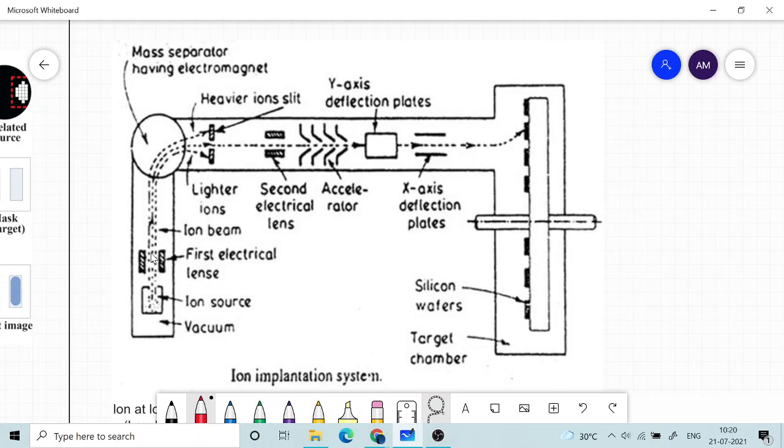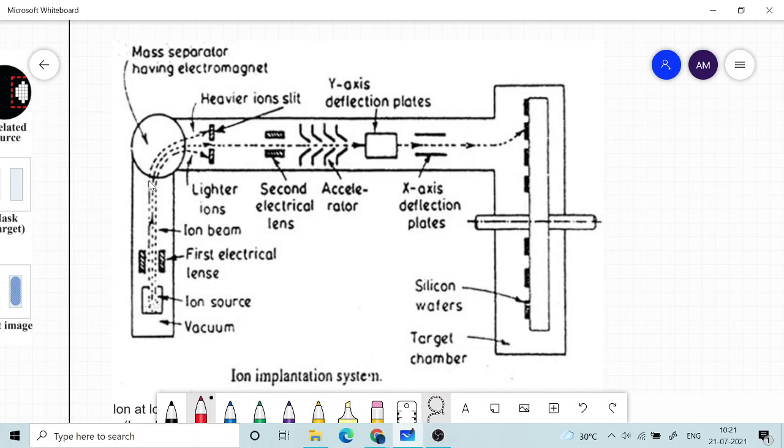Basically, you must have heard about the e/m ratio, the charge to mass ratio. Depending upon the charge to mass ratio, an electric field is applied here, and the beam coming in has 2 plus ionization, 1 minus ionization, etc. So say boron minus, boron minus minus, boron plus plus, and so on. All these are coming, but when subjected to an electric field, negative ions will deflect in one direction and positive ions will deflect in another direction.